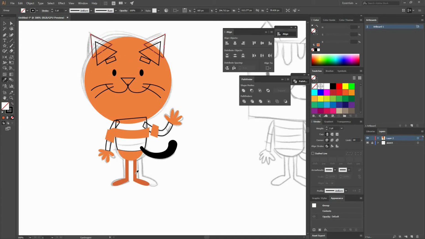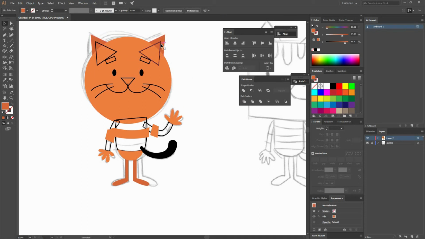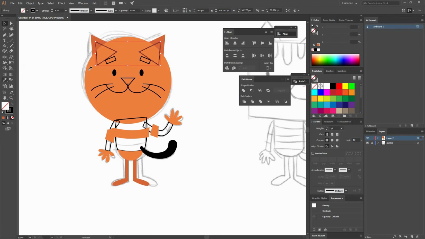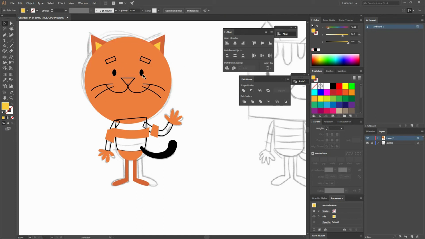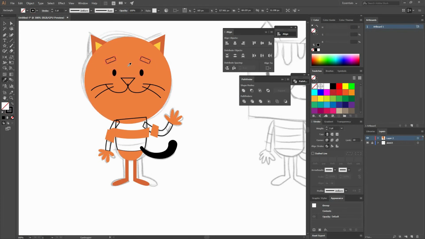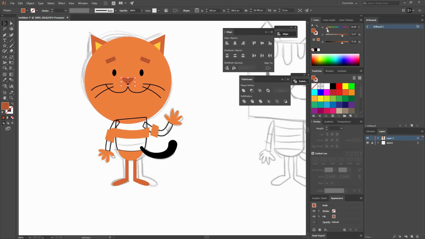I'm gonna use the same color, so I'm gonna use my eyedropper by clicking on it or going to I on my keyboard. Then do the same for this, but I'm gonna change the color to something kind of a more yellowish color, so something like that maybe. I'm gonna select both of them and send them to back by Ctrl Shift open bracket. I want to select my eyebrows, have them dark, maybe actually a little bit darker, so decrease the brightness. I'm going to use the same color with the nose, but I'm going to actually make it more like a dark brown and keep changing the colors.